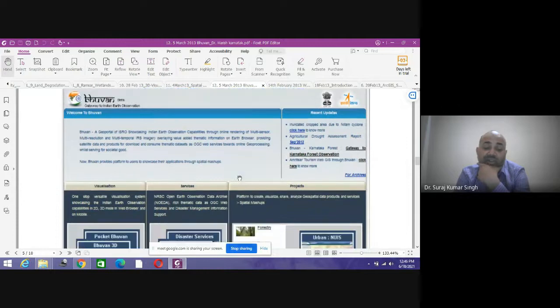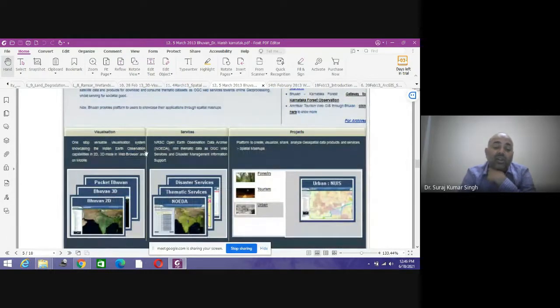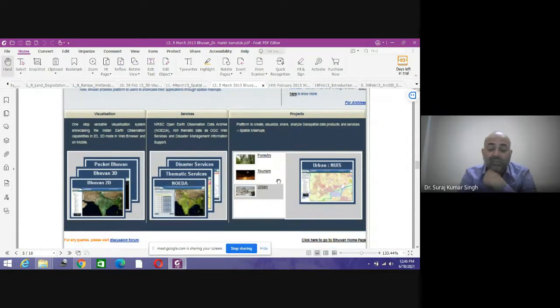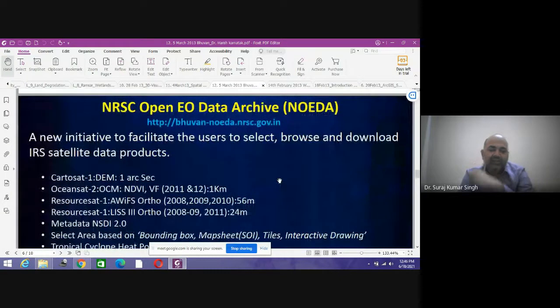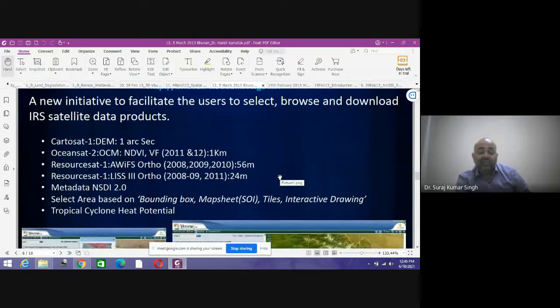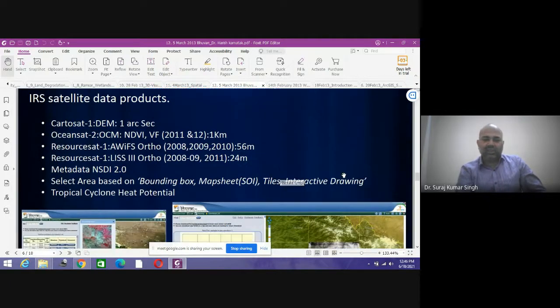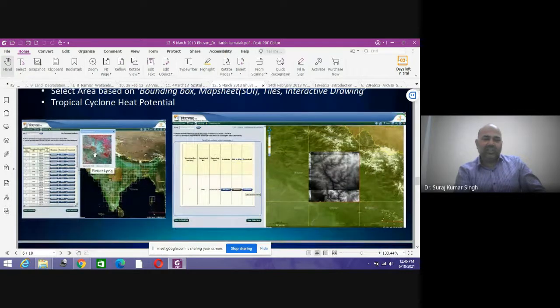This is how the site looks, where all the visualization can be seen and the thematic analysis can be downloaded. So NRSC opens the gateway where you can download the data related to Cartosat-1, then NDVI, AWiFS, Resourcesat-3, waves, and SDI. So these are the various boundaries or maps that can be easily downloaded from the Bhuvan data site. So this way you have to create a login password, and